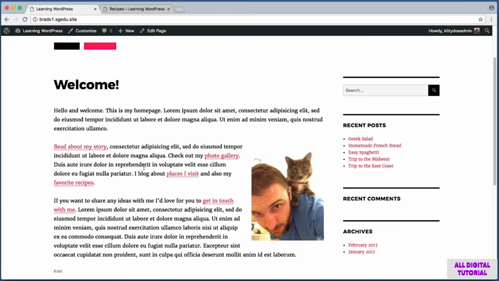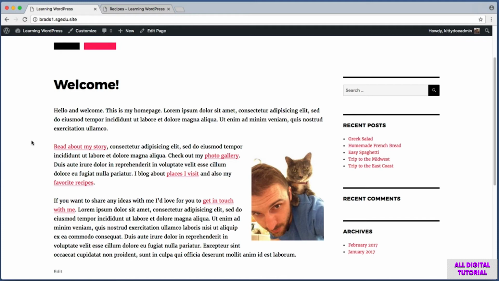Instead of a generic blog listing, now we have a bit of welcome text, and we're linking out to our various pages. We are letting our visitors know what they can find on this website. I think this is just a much better experience. But obviously, on your website, you're free to do whatever you would like. So if you want to keep your homepage as the blog listing screen, by all means, that's absolutely okay.